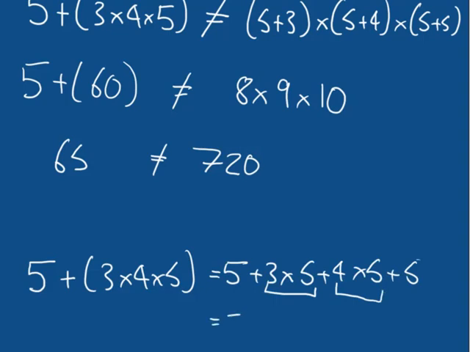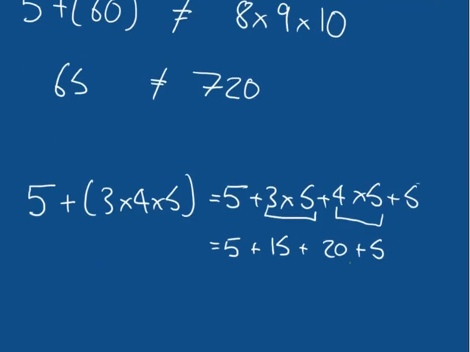So that's equal to 5 plus 15 plus 20 plus 5, which is equal to 20 plus 20 plus 5, so that's equal to 45. Well, 65 does not equal 45, so no matter how you approach this,